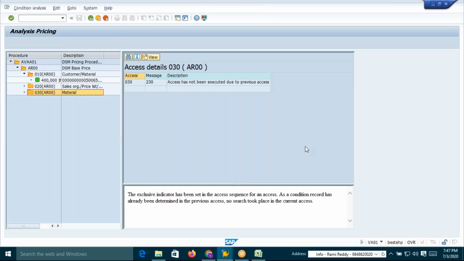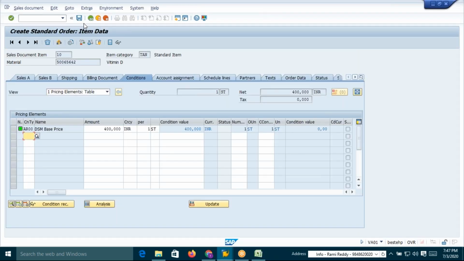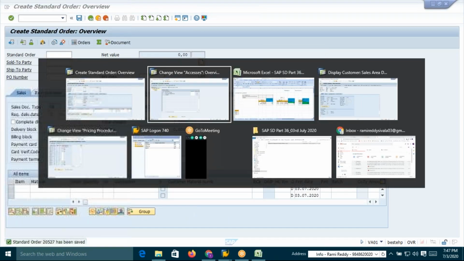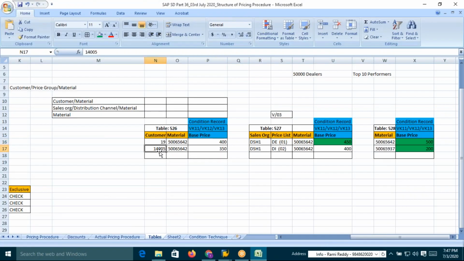Now just 2 minutes, very important. I will save this order. Now we have dealer also. This is a generic price, irrespective of whether he is a dealer or distributor or retailer or only a one-time customer. This material price will be taken by the system. Now if I create a sales order for this customer who is supposed to be a distributor, and if I create a sales order for this material,